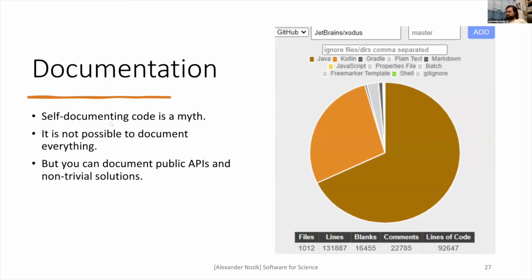Documentation, yeah, it's already said that self-documented code is a myth and it never works in real life. And here is the example of good